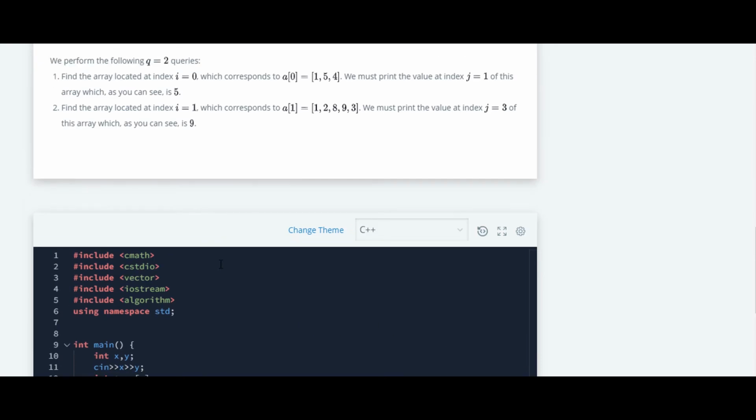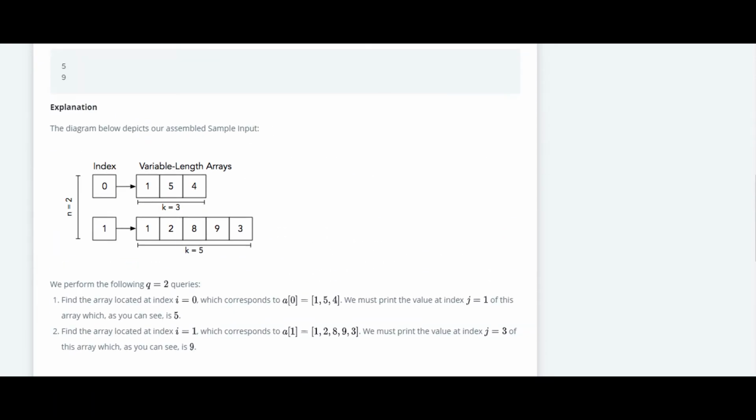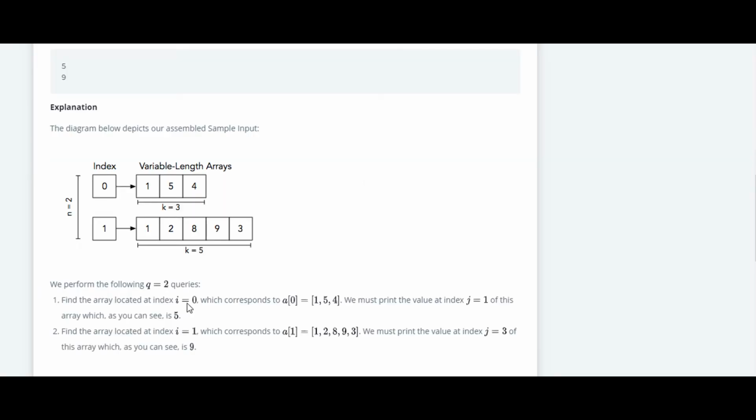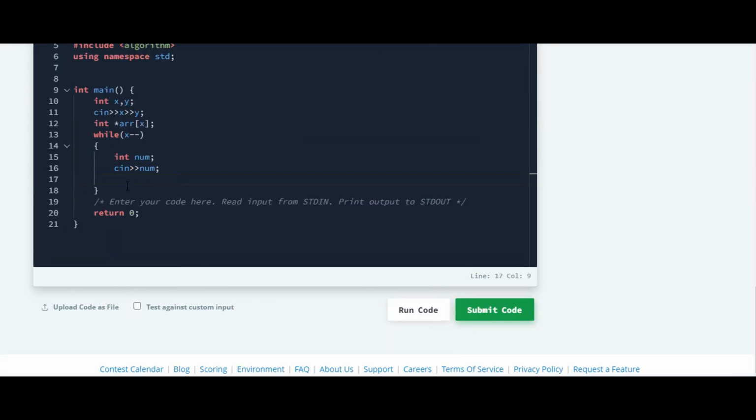And what we have to do is create a new array. As I have shown over here, we have to create a new array at this position. Okay, so for that we are going to write ARR, and also we'll require one variable s.